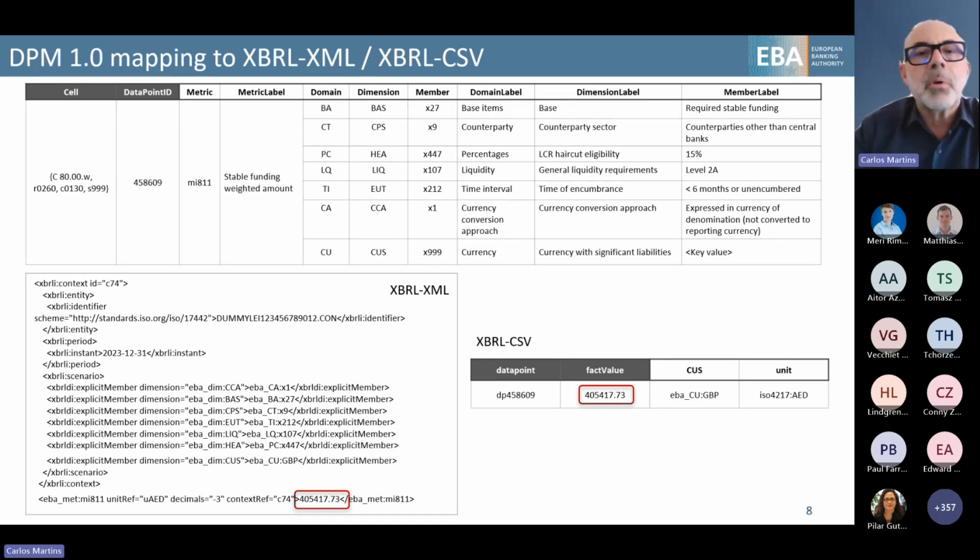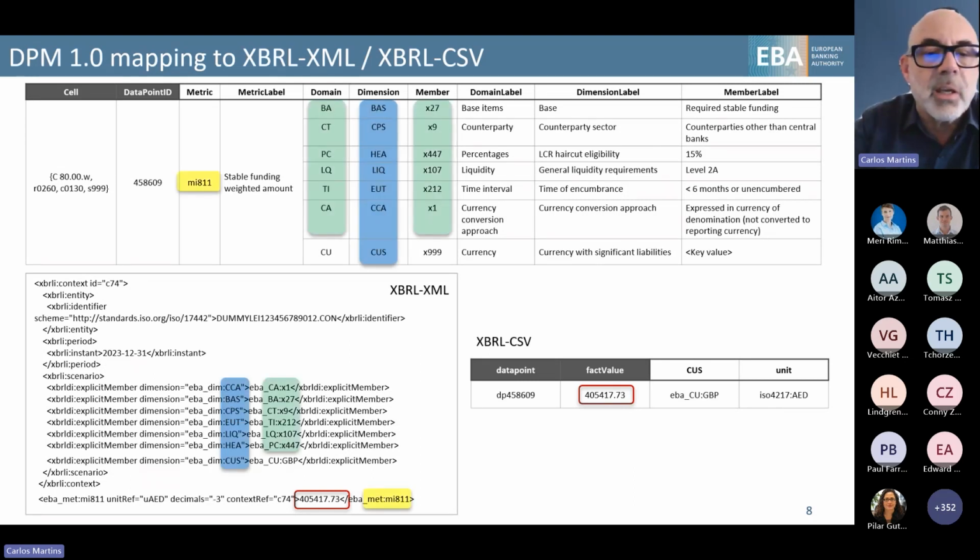How do we map the DPM to XBRL XML? Well, it's via the dimensions and members, as you all know, and the metric. So you can see those highlighted here. You have dimensions in the darker blue and the members in lighter blue, and you see how they are represented in